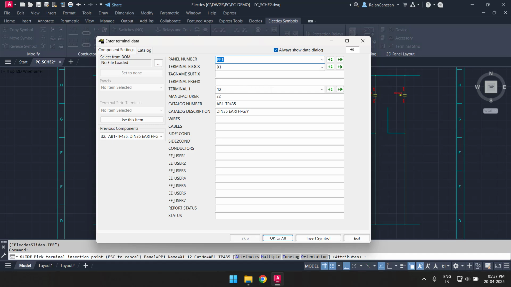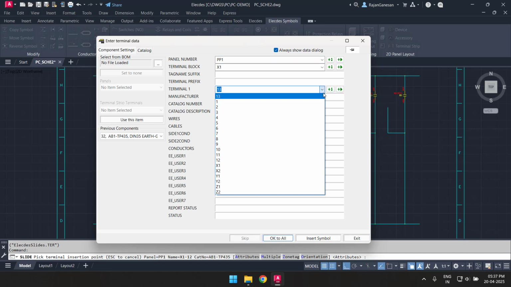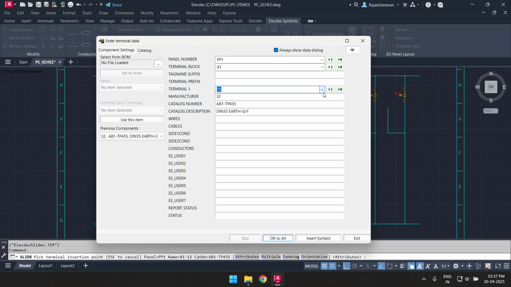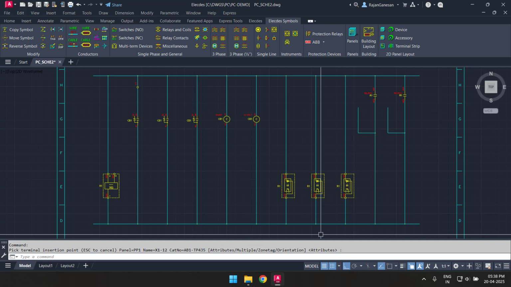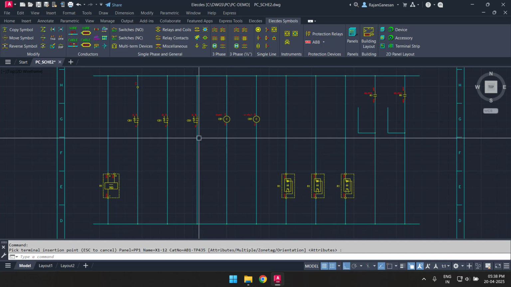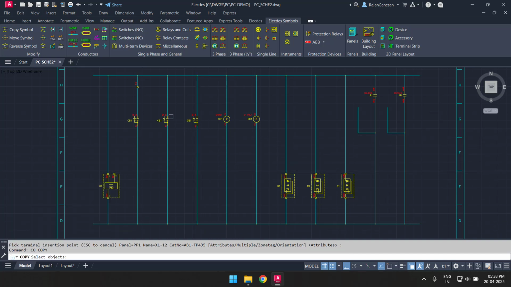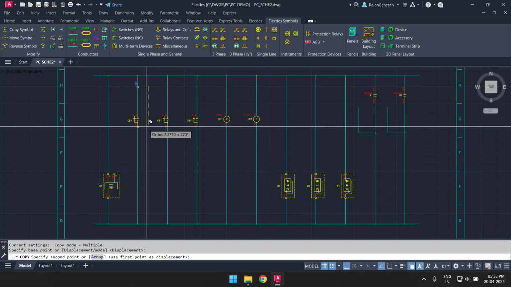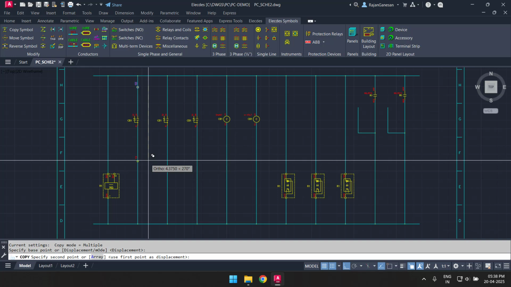Electez uses this data to identify the terminal and to group together the terminal strip. Electez provides the next terminal number available and a list of terminals you have used in the project. The terminal is inserted into the wire at the chosen point. I'll now make a copy. Electez assists with the copy by determining the orientation, breaking the lines, and providing the next available terminal name.